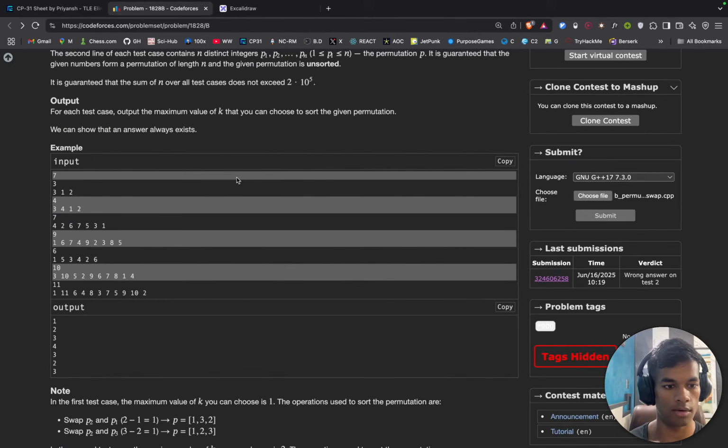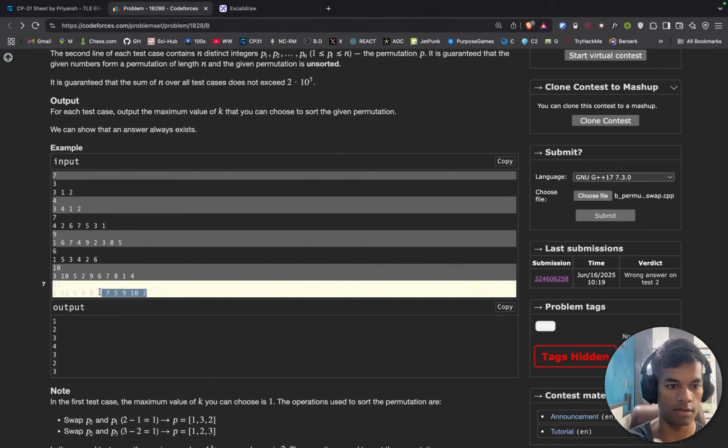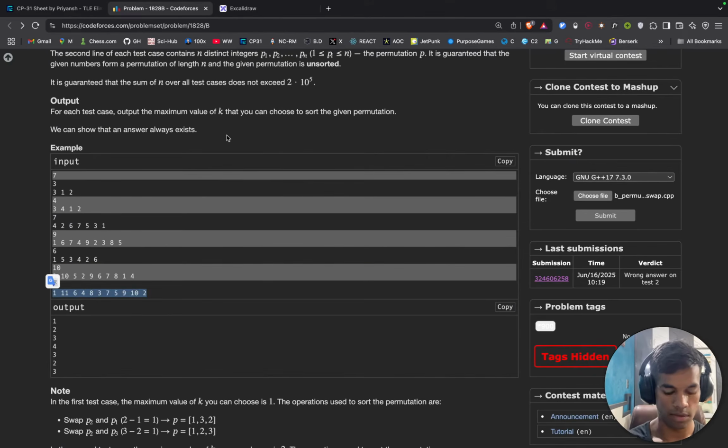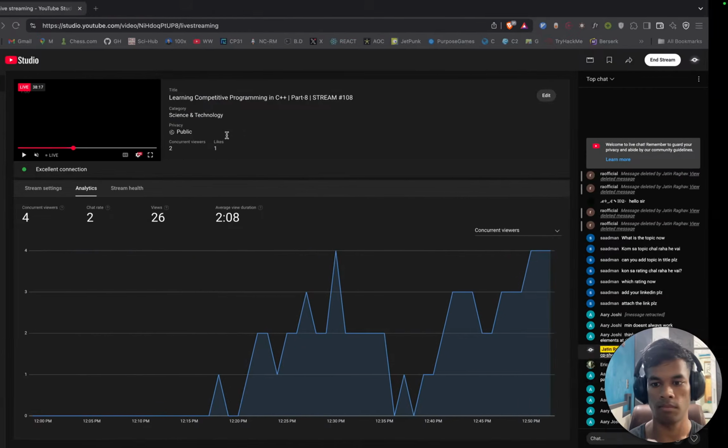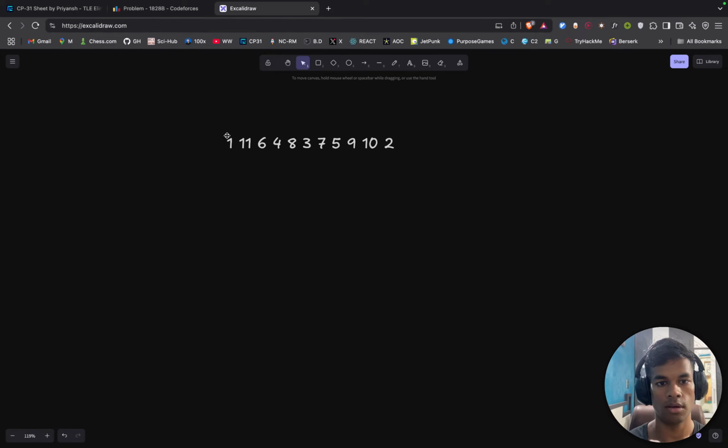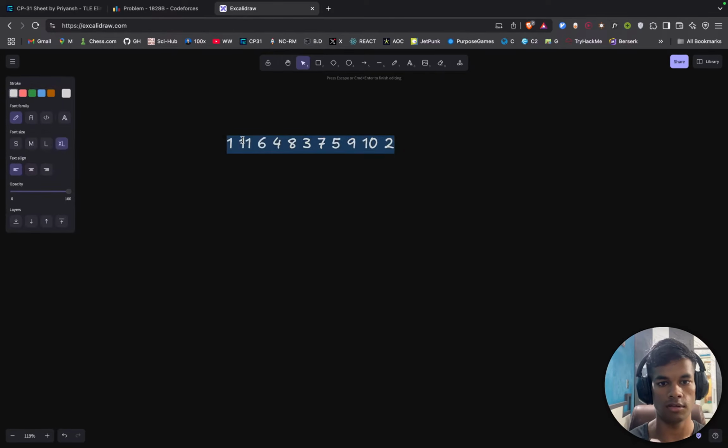If I have till 11, my algorithm is working with this. And if I have something like this, 1 does not have to move anywhere. This 11 has to go to the last, and for that it will have to move 1, 2, 3, 4,